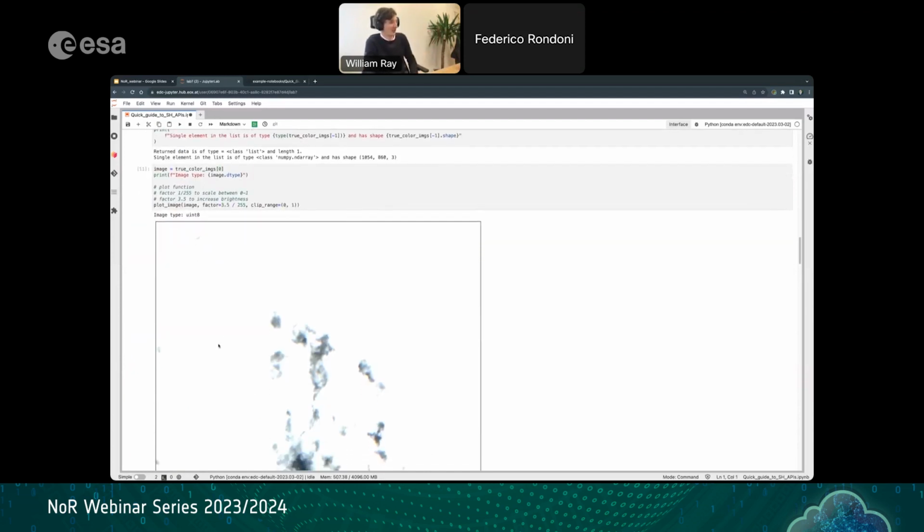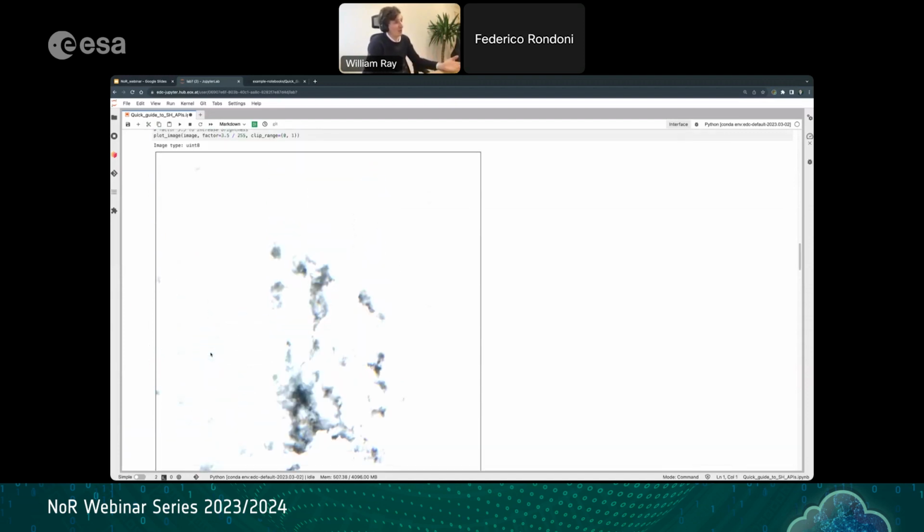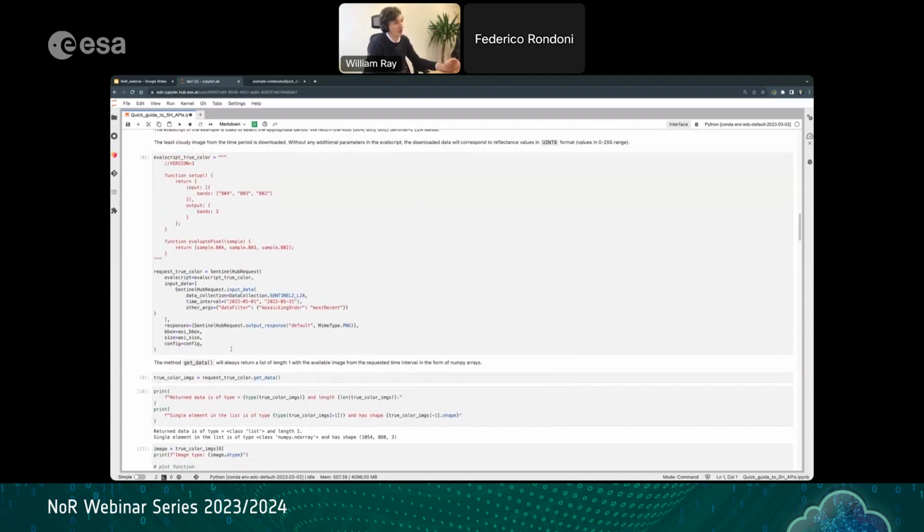But that's not looking too good. We found a nice cloudy image here, which would normally be a bit of a pain to deal with, but with Sentinel Hub, it's really simple to solve this. Here in the mosaicking order, we can specify instead the least CC, so the least cloud cover in our time period. Now Sentinel Hub will look for the least cloudy image based on the Sentinel-2 tile metadata, and it will output this image instead. So if we run these cells again,